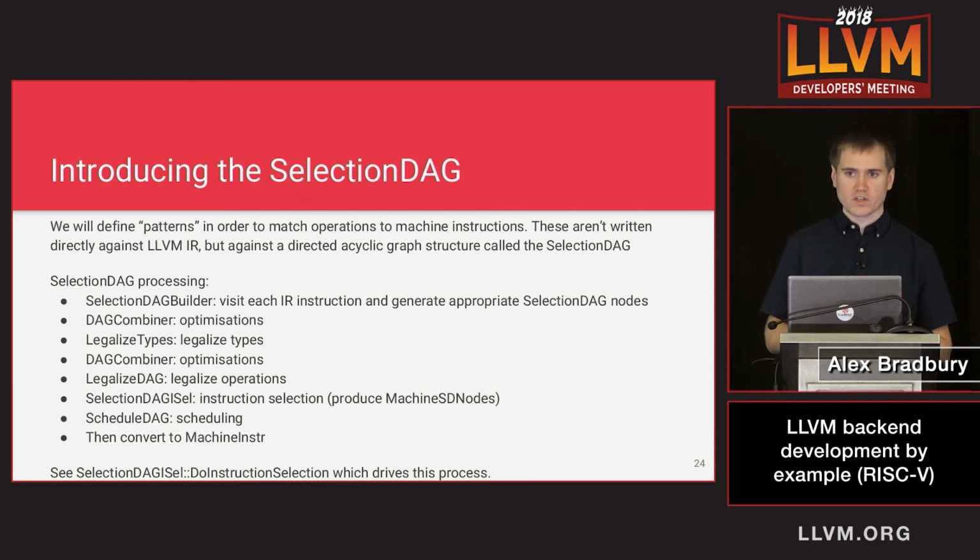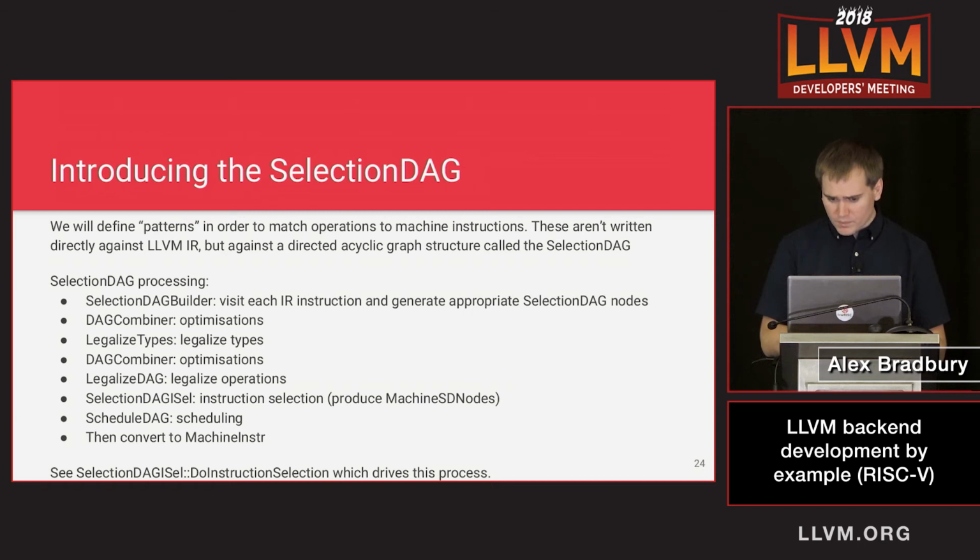So before we go further, I think it's worth zooming out just a little bit and talking about what the SelectionDAG is in LLVM. Most of you will have been exposed to LLVM IR before. So we know that we have LLVM IR as our input and we want to produce assembly as our output, so selected machine instructions. And the SelectionDAG is what helps us go from point A to point B, and it's kind of an iterative